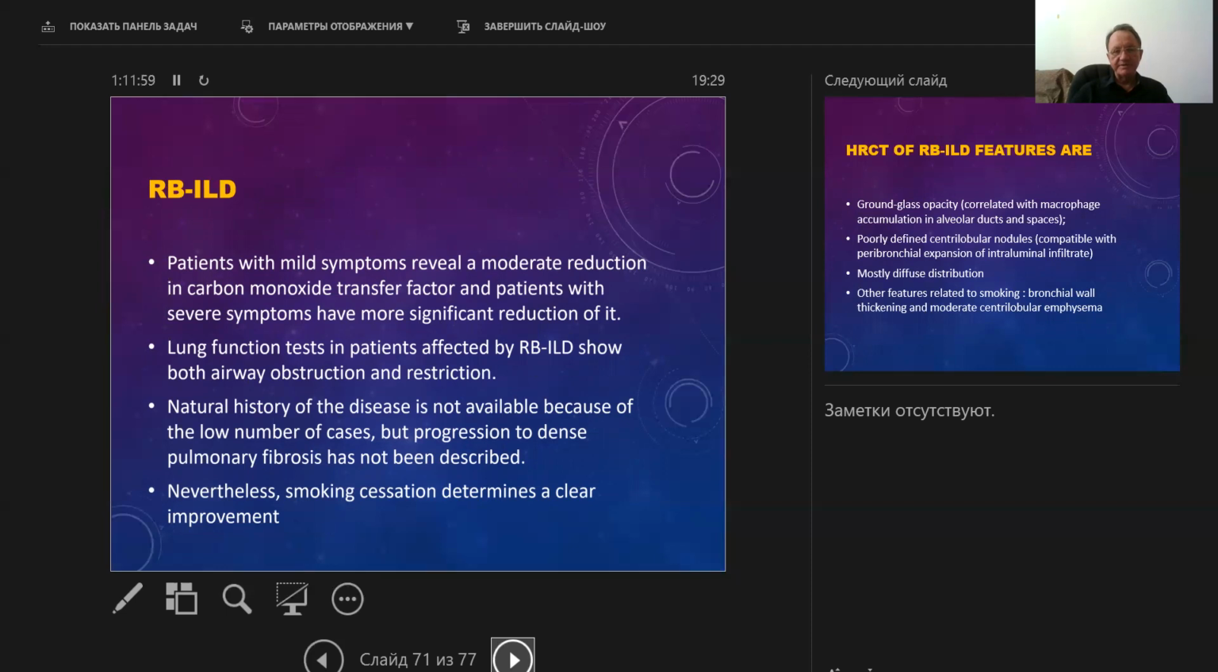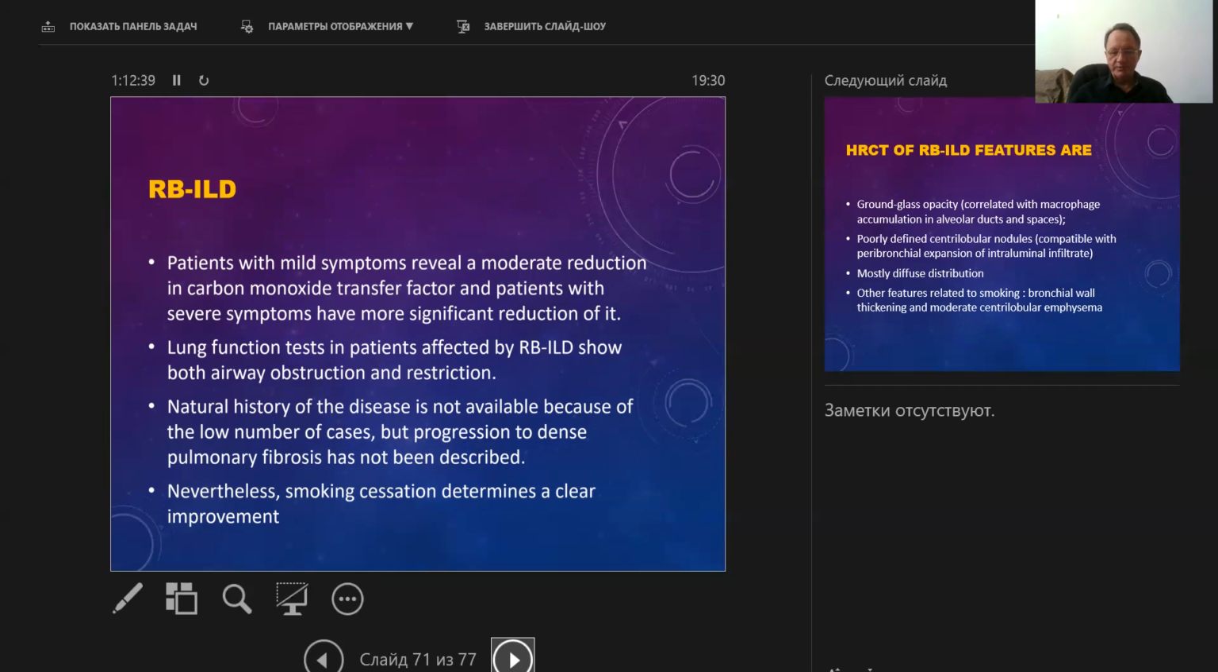Patients with mild symptoms reveal a moderate reduction in carbon monoxide transfer factor, and patients with severe symptoms have a more significant reduction of it. Lung function tests in patients affected by RB-ILD show both airway obstruction and restriction. Natural history of the disease is not available because of the low number of cases, but progression to dense pulmonary fibrosis has not been described. Nevertheless, smoking cessation